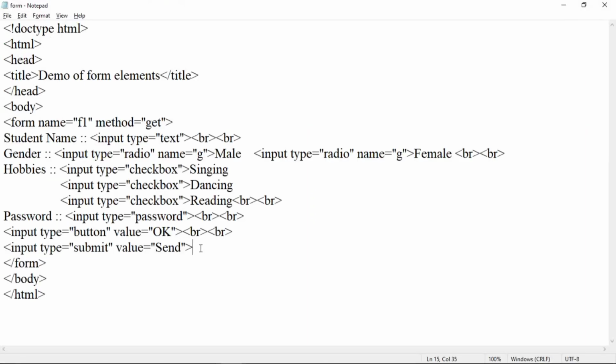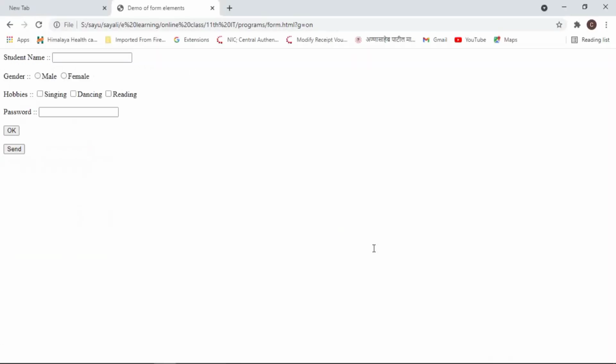Now to clear the form data, we can use a button that is input type is equal to reset. So let us copy this. Add here input type is equal to reset. Here also, if you do not specify the value attribute, by default that text will be reset. See here, the label of the button will be reset. Now let us type here some content and click on the reset button. This will clear the form data this way.